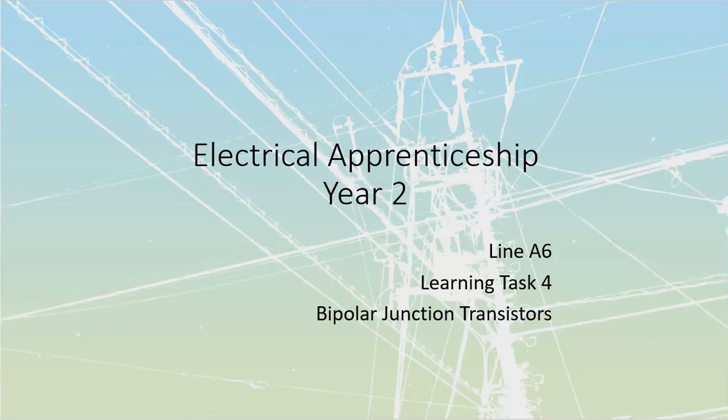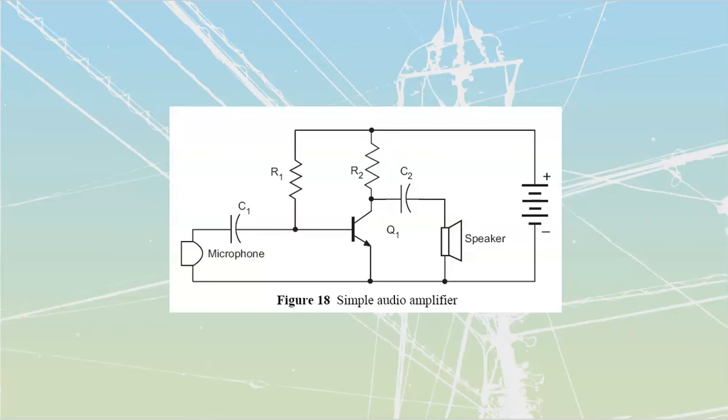All right, line A6, we're going to be on to learning task 4D for Delta over here. We are going to get to the end of this transistors unit. We left off right about here, which was going to be where we start to use a transistor inside of